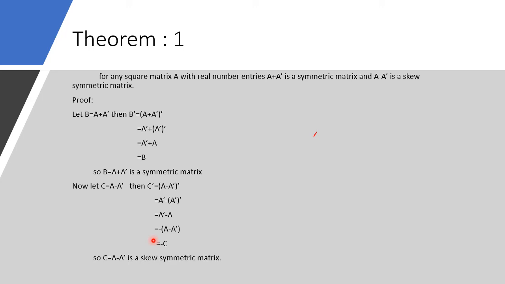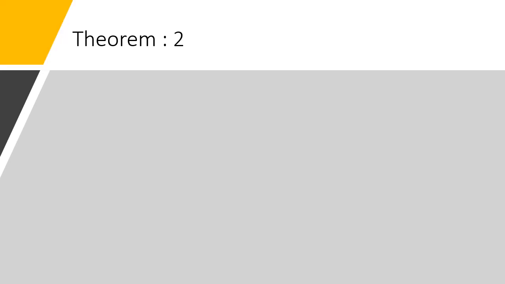So remember students, when the matrix A is given, and you are asked to give an example of a symmetric matrix and a skew symmetric matrix, what you will do is just find A plus A dash and A minus A dash. A plus A dash will give you the symmetric matrix and A minus A dash is a skew symmetric matrix. One more theorem is there, students.